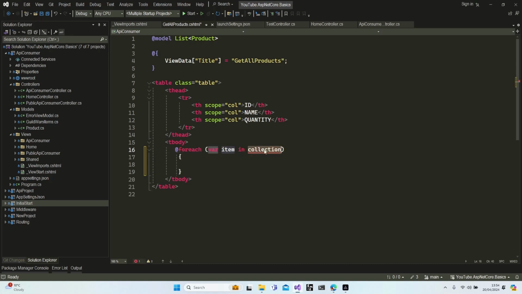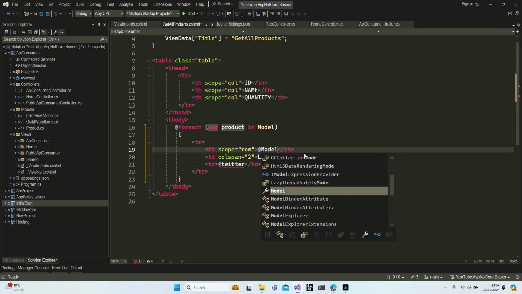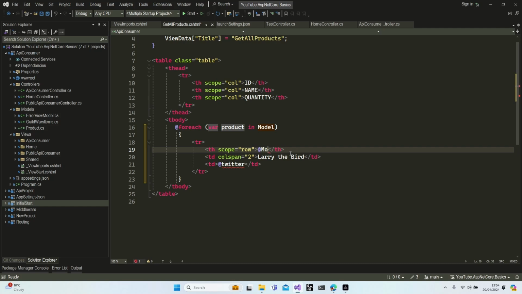var item in, let's say, var product in my model. Yep. Let's paste our rows, and our first row comes from model dot id. No, why is it not working? At model dot, oh sorry, not model, product. It's my fault, guys. Sorry, product dot,